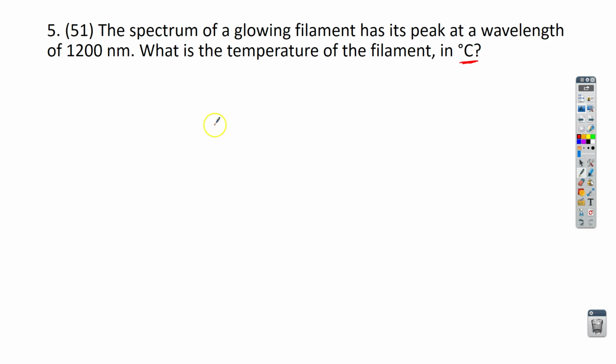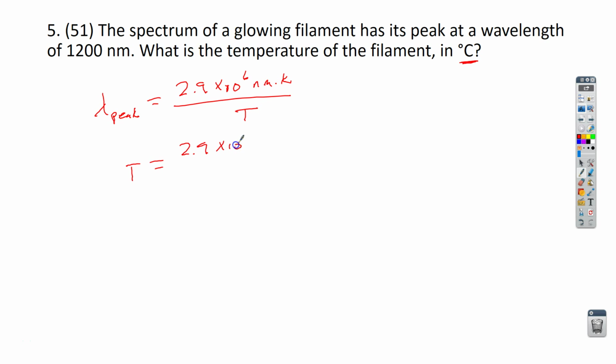So we'll do it in Kelvin first. I'm sorry, in kelvins, not degree Kelvin, but just in Kelvin, then we'll switch it to degrees Celsius. So remember we said that the peak wavelength in nanometers is equal to 2.9 times 10 to the 6 nanometers times Kelvin all over the temperature. They gave us 1200 for our nanometers, so now we can say T is equal to 2.9 times 10 to the 6th, all divided by that 1200 nanometers. Remember, this is in nanometers already, so you don't have to convert this one, and we end up with 2417